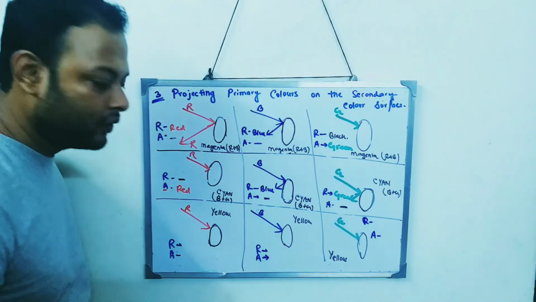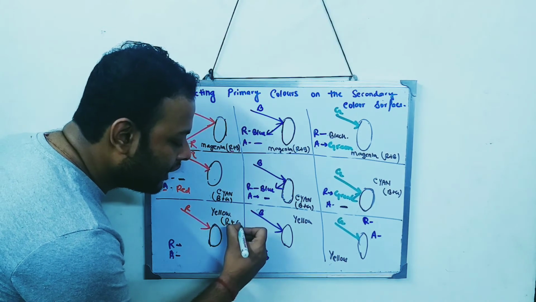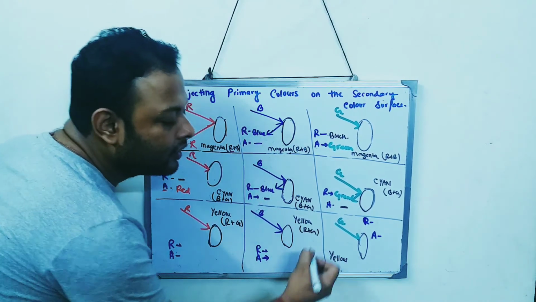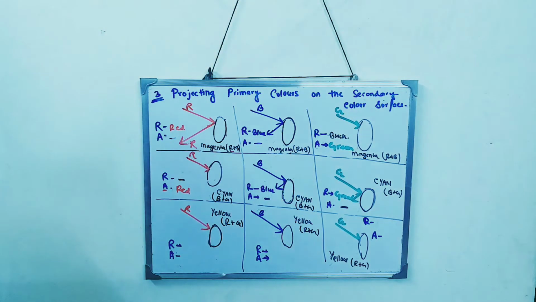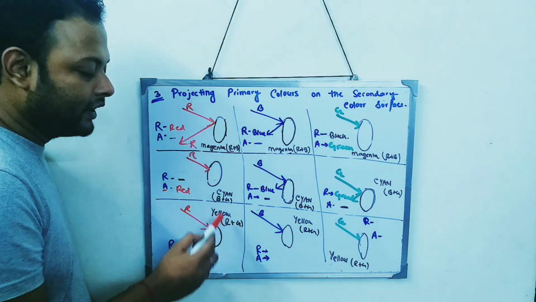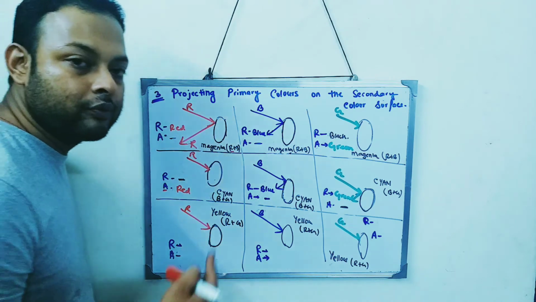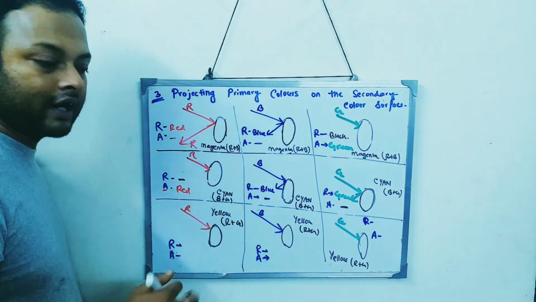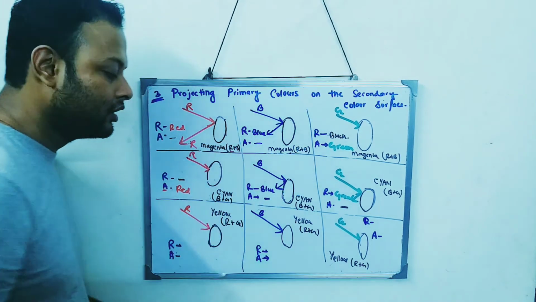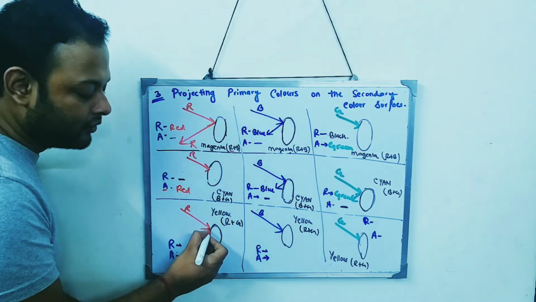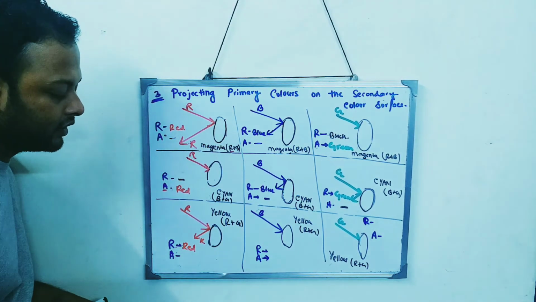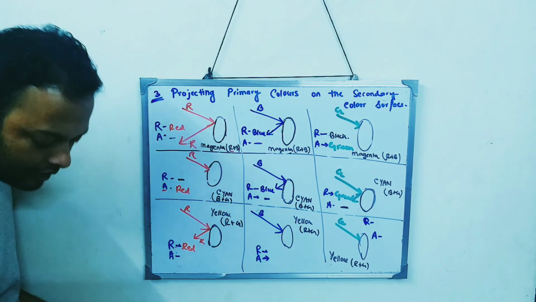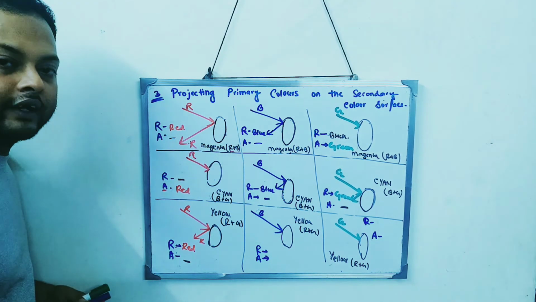What is yellow? Yellow is a combination of red and green. Now think what will happen over here. Red color is coming on a yellow surface. Now yellow says I can reflect the red as well as green. So since red color is coming, it will reflect that red color. So what is getting reflected? The red color is getting reflected. And what is getting absorbed over here? Answer: nothing is getting absorbed.